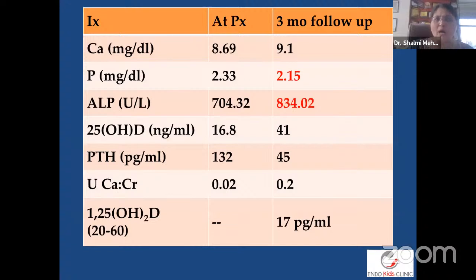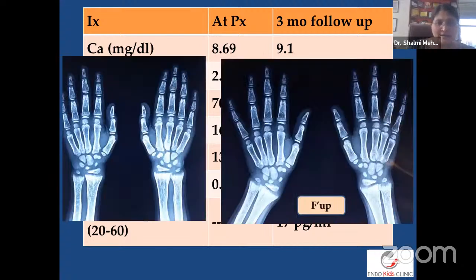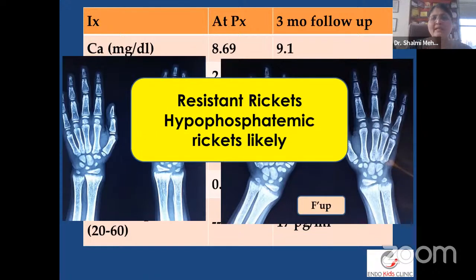So when the child came to us, the calcium level had normalized, but what we noticed was a persistently low phosphorus and a high alkaline phosphatase. Now remember, even the PTH, which was high, has now normalized because vitamin D deficiency has been corrected, right? But we noticed that rickets was persistent. We noticed that the phosphorus levels were still on the lower side, right? So in spite of giving calcium and vitamin D, the X-rays have also not improved, right? So this mostly is a child who has a hypophosphatemic rickets.